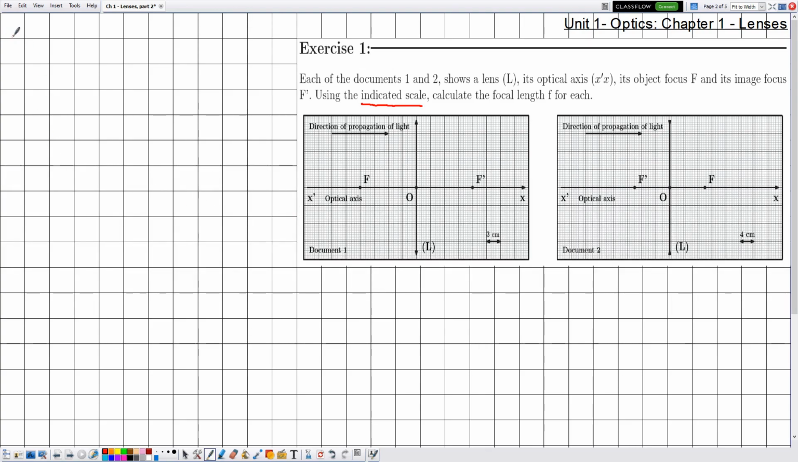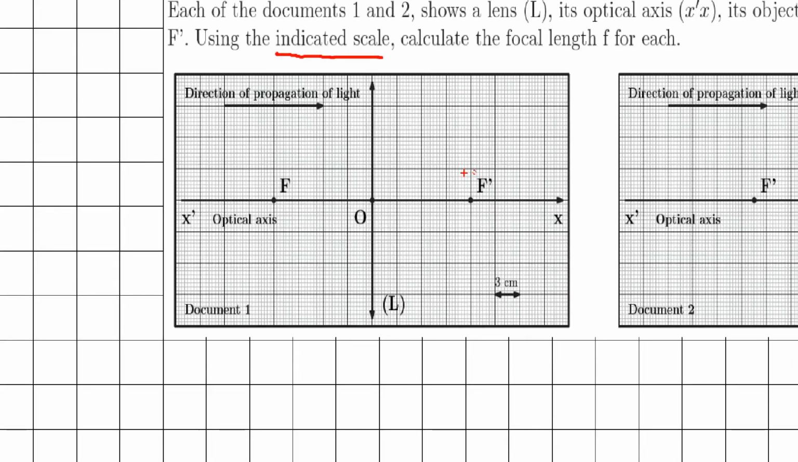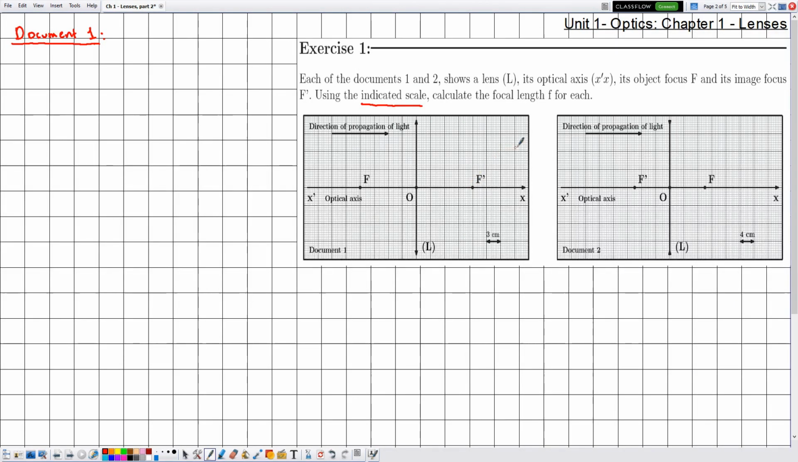So let's start with document 1. In document 1 we have the position of the optical center O, which is the intersection between the optical axis and the lens L, and we have the position of the image focus F'. Therefore, we can calculate the focal length referring to its definition. Whenever we need to calculate the focal length, as a first step, we always start by writing the definition, and it's given by the focal length